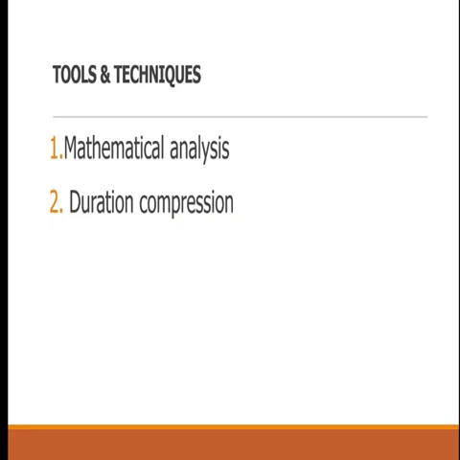Now, what is crashing? Crashing means do more than one thing at the same time. Now, you need these 2 things to help you. You need to crash. You need to fast track. People are cleaning this, and that group of people are painting this, the ones that are fixing the tiles. That is dangerous. Fast tracking is dangerous. Crashing is better. To crash means to add more resources. To fast track means to do more than one thing at the same time.